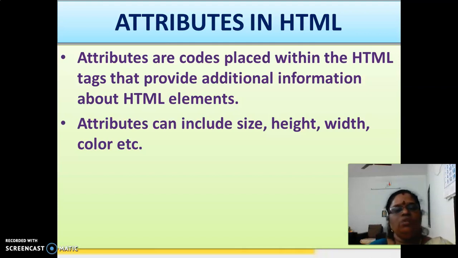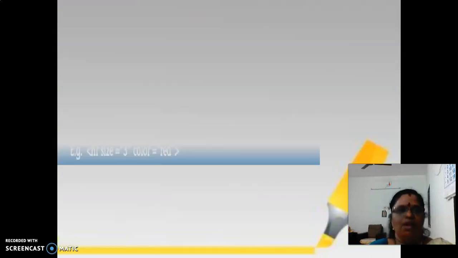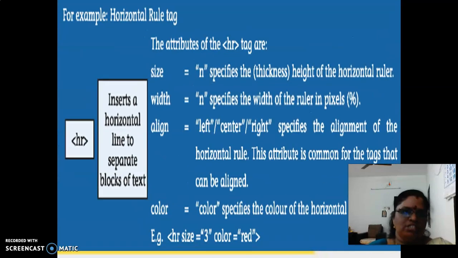It includes size, height, width, etc. HR includes size, width, align, color. For example, HR size is equal to 3, color is equal to red. This is the attribute of HR, that is horizontal ruler.